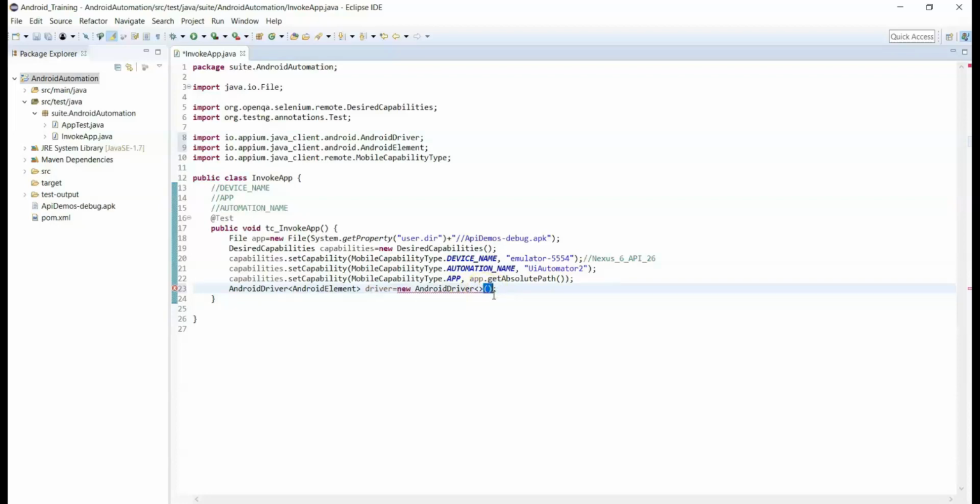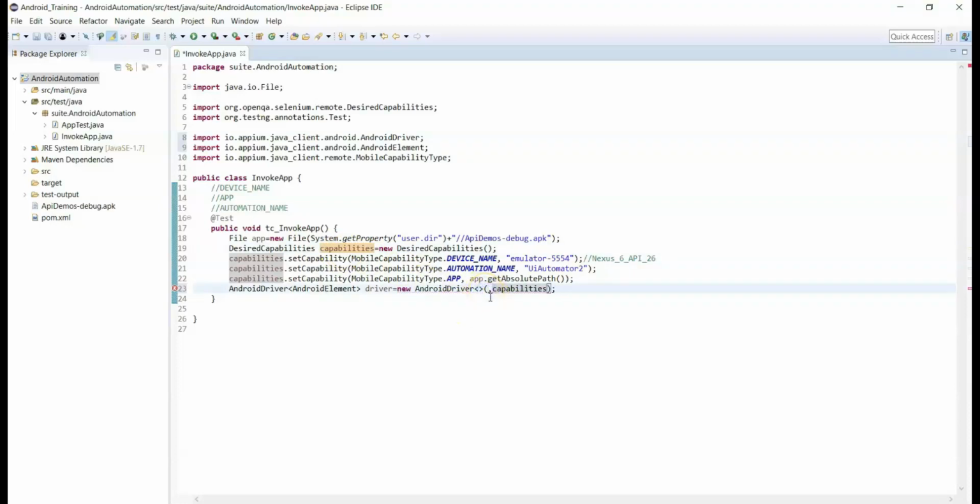First one is connection to the server, and second parameter is capabilities information. All the capabilities information are available at capabilities object. So this capabilities object reference holds all the capabilities information. We need to pass this capabilities reference as second parameter.